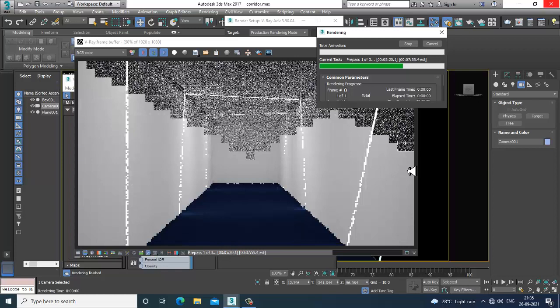So just let it render. So you can make such changes. I haven't used any kind of V-Ray lights over here. I have just worked out here with the light material. So if you want to work with other lights, you can add the lights. That is also possible over here. That can be done. So let's just see the rendering.